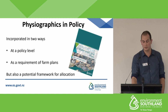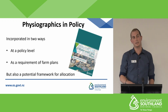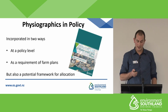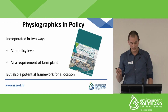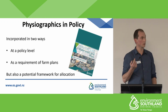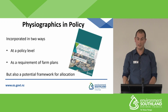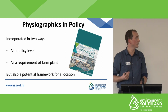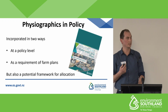The other way in which the physiographics are incorporated into the plan is through farm management plans. Every farm over 20 hectares is required to have a farm management plan, and within that plan there's a requirement to consider the physiographics and specifically what water quality risks are associated and the appropriate GMPs or mitigations. So again, the physiographics were used to help define GMP in a way that's relevant to the particular landscape and